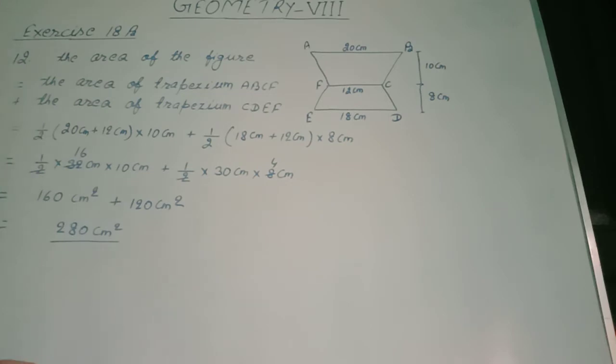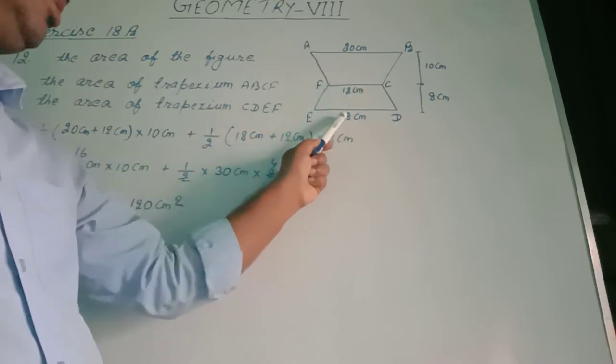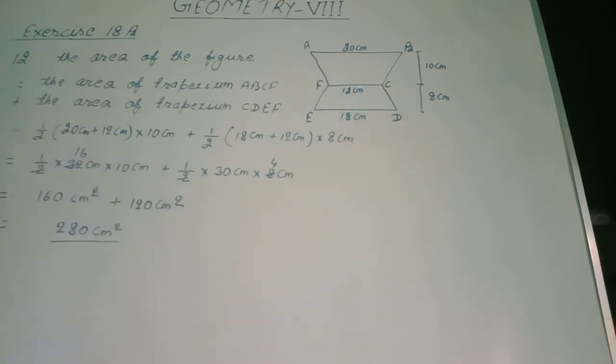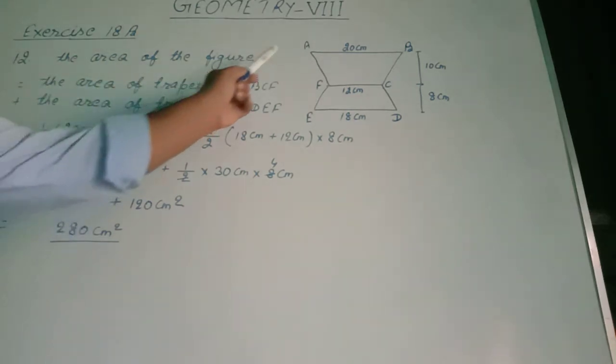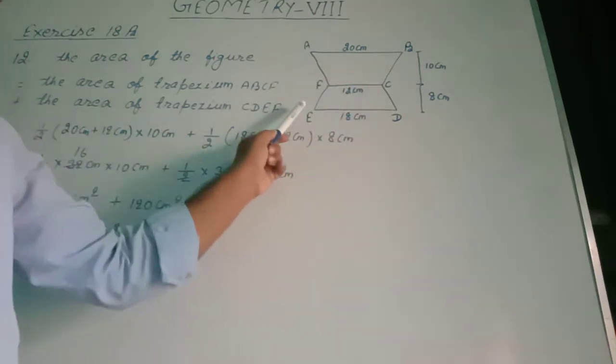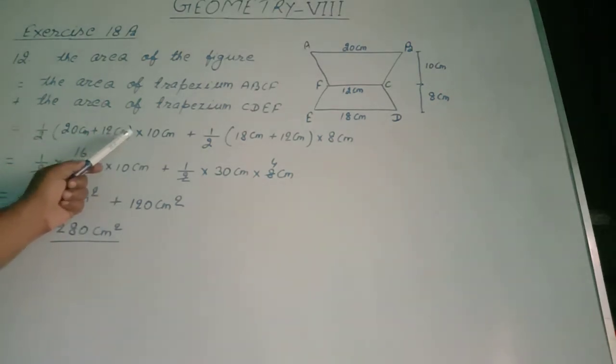Similarly, in trapezium CDEF, the parallel sides are 12 cm and 18 cm, and the height of this trapezium CDEF is equal to 8 cm. We are asked to find out the area of this figure. So the area of the figure equal to the area of trapezium ABCF plus the area of trapezium CDEF, that is equal to 1 by 2 into sum of parallel sides into height, 1 by 2 into 20 plus 12 cm into 10 cm,